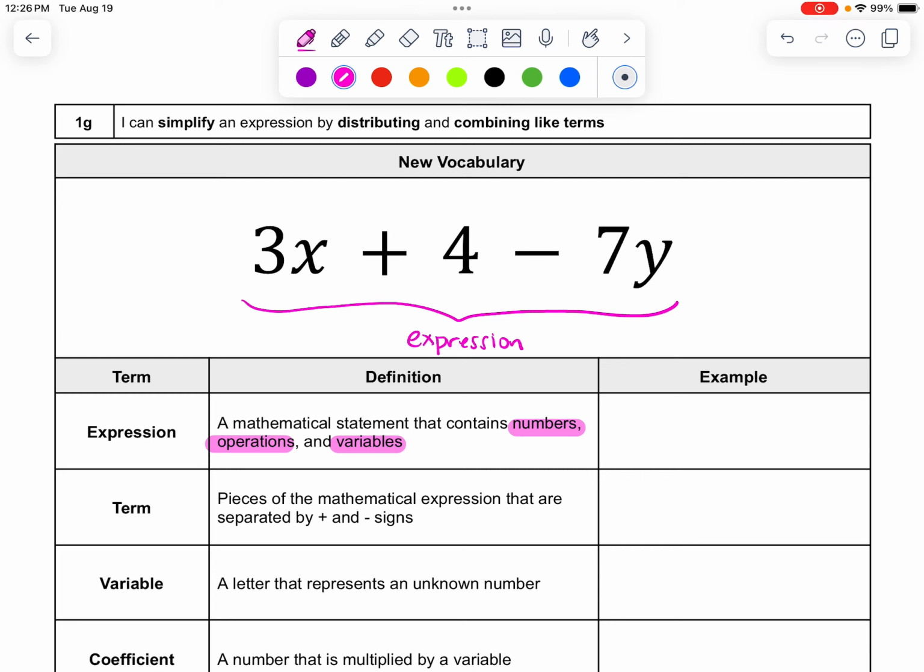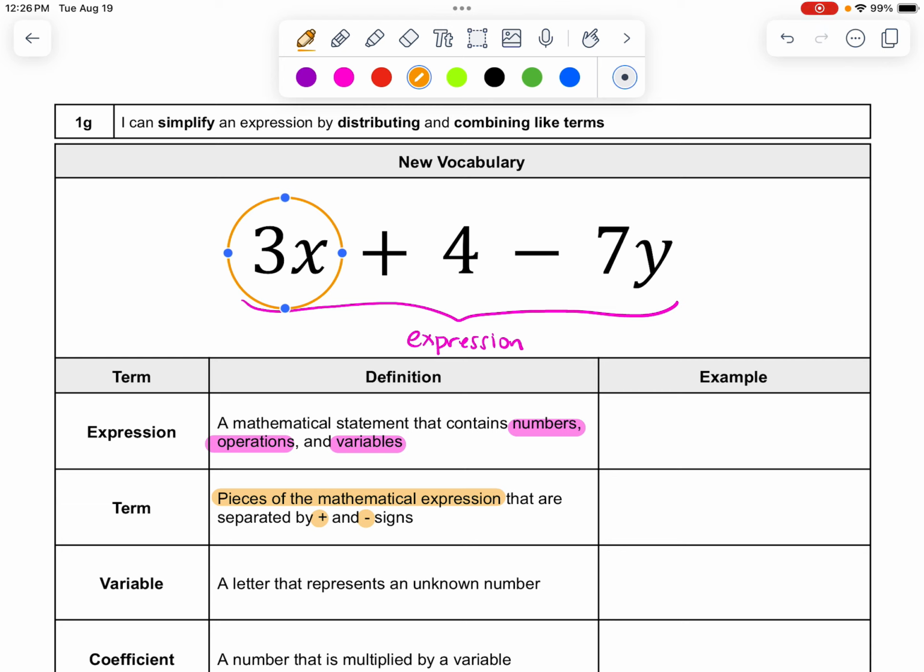A term is a piece of an expression that is separated from the other pieces by plus and minus signs. One of the best ways to make sure you're not mixing up which symbols, pluses and minuses, go with which terms is to circle them in the expression. The symbol is always connected to the number that is to the right of it. So for this first term, it would be just the 3x with no symbols because there is nothing at the